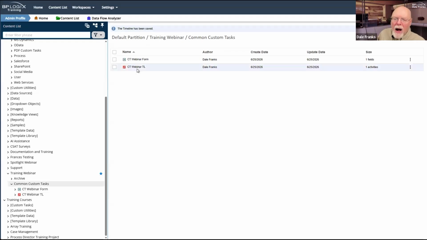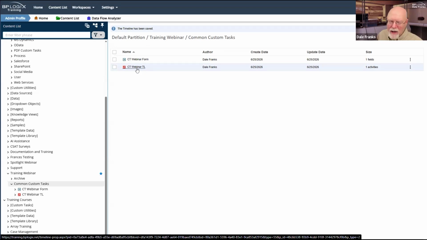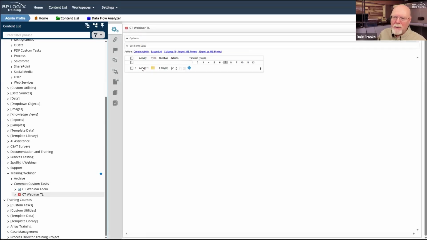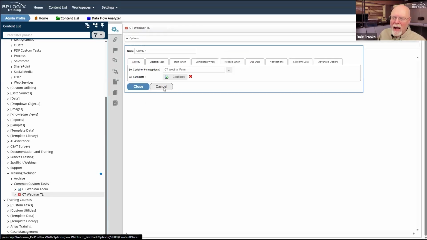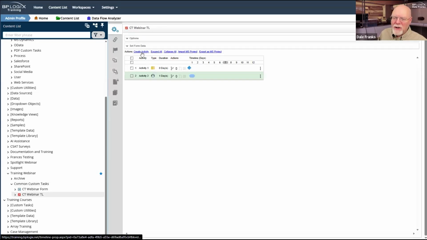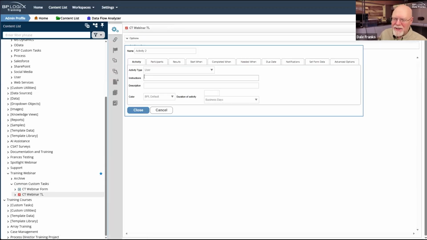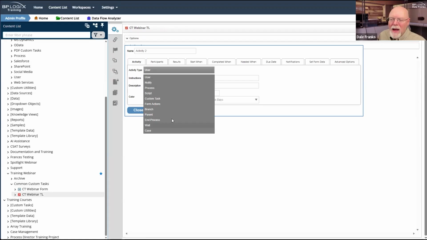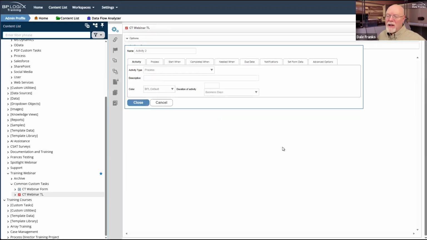If I want to create a sub process, and in this case it would be an asynchronous sub process if I'm using the custom task, because process timelines actually already have, you know what? Let's create new activities instead, in case I want to come back to something. So I should probably do this right. If I use the process activity type, there's no custom task involved. I don't have to do anything.